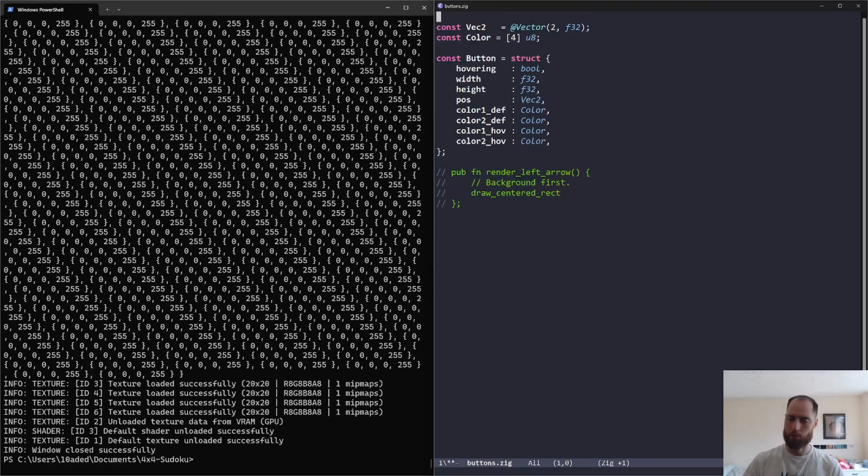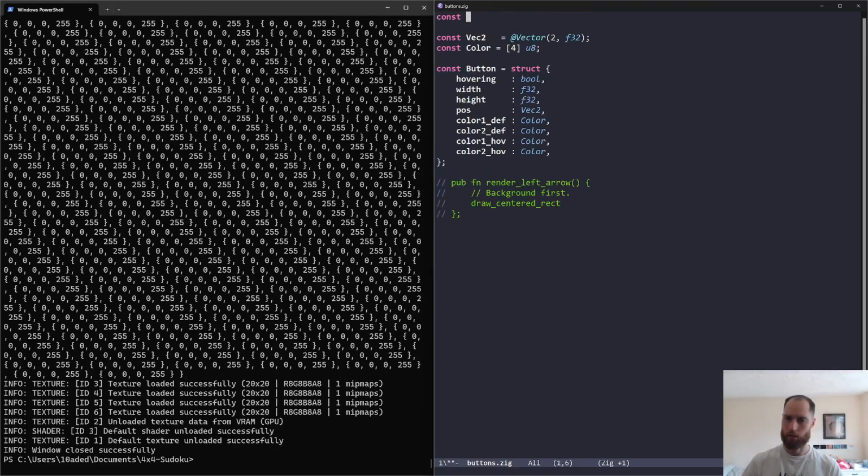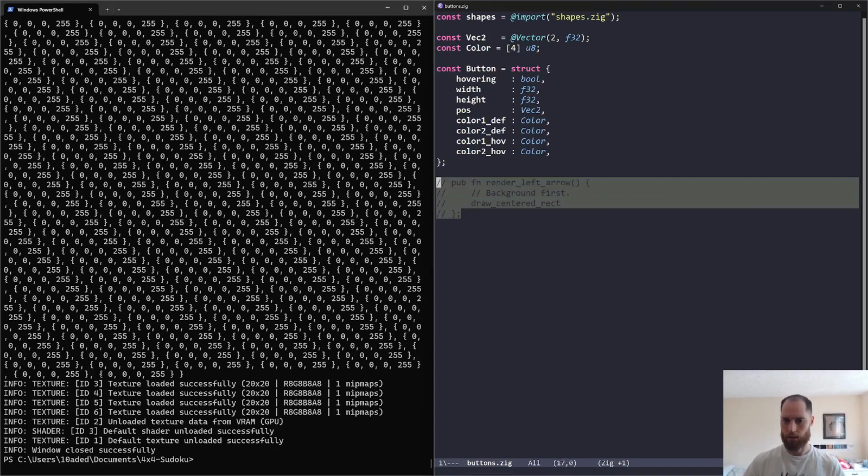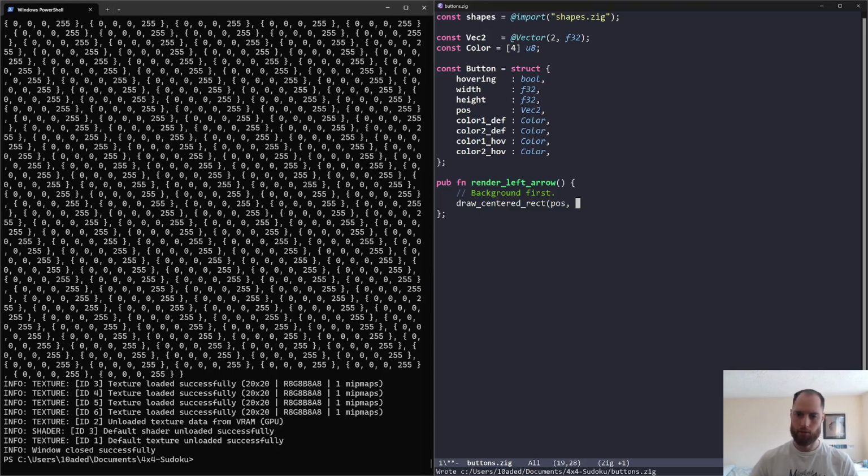Now we actually want to import the shapes that we just defined. Import shapes.c, and then we can start using that here. So now we want to draw a centered rect literally at the position, or we're going to have to choose the color. So you can say background color is going to equal either this one if there's no hovering occurring, or this one if hovering has occurred. And so we can say this is if,